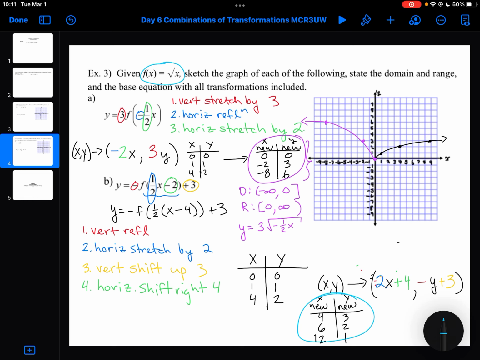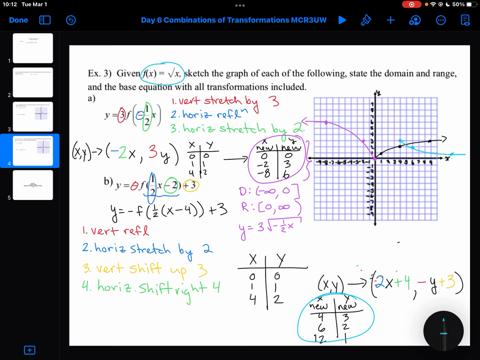So I now have 4, 3, 6, 2, and 12, 1, which I can't fit on, let's see, 10, 11, 12, and 1. So here my graph is going kind of like this, okay, which makes sense because I had a vertical reflection,